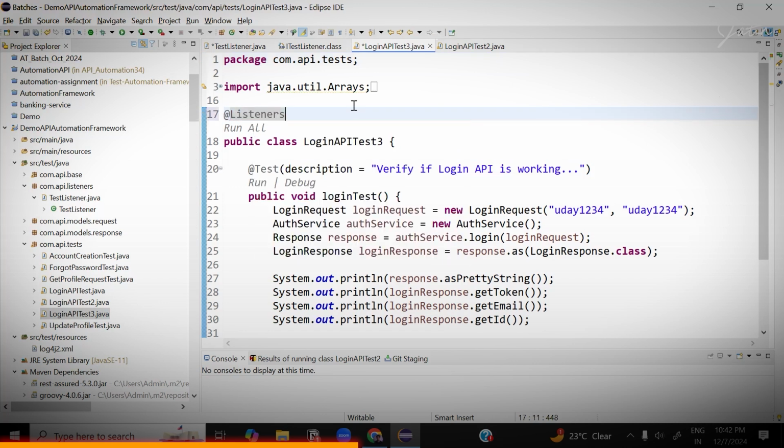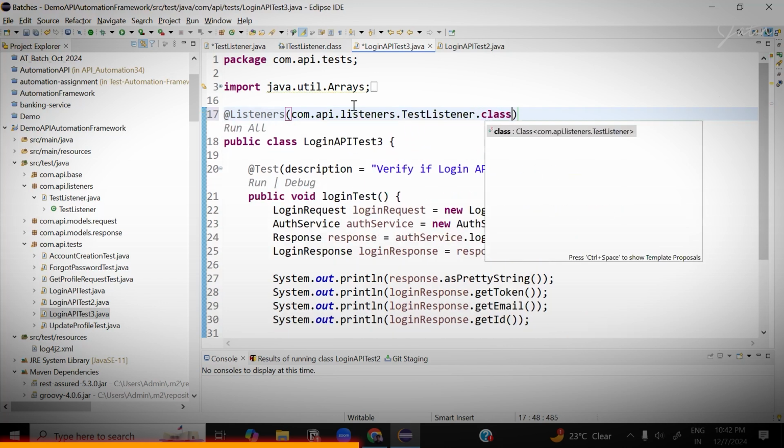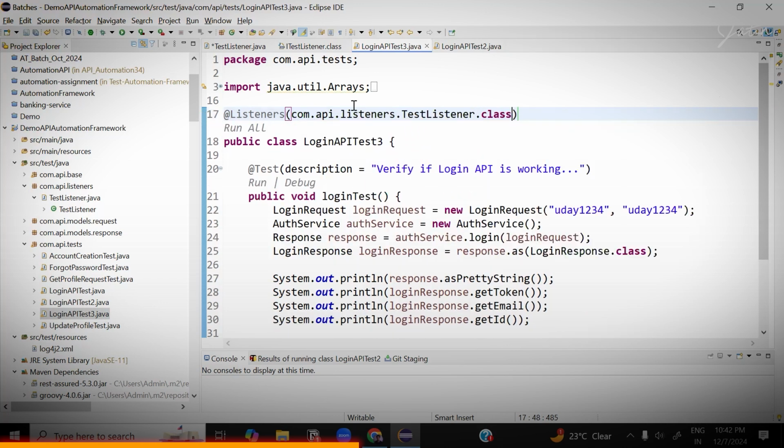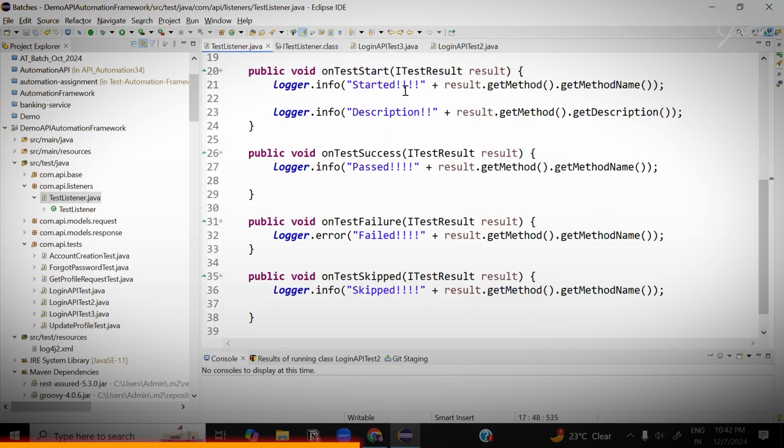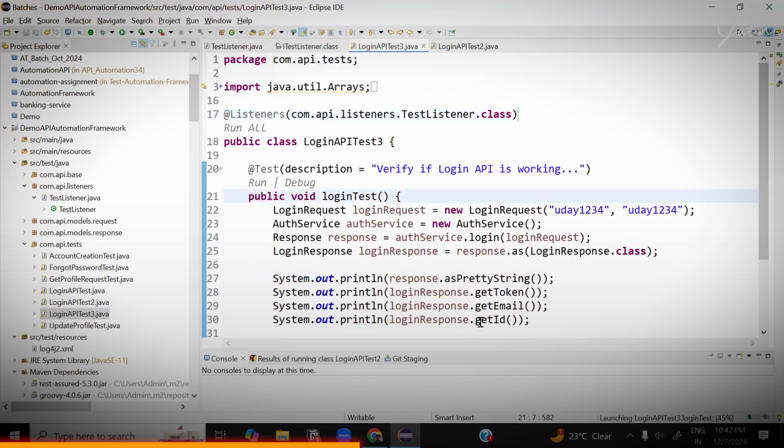At the listener, you're going to give com.api.listeners.TestListener.class. Okay, if everything works in our favor. Okay. And if I run this particular stuff,